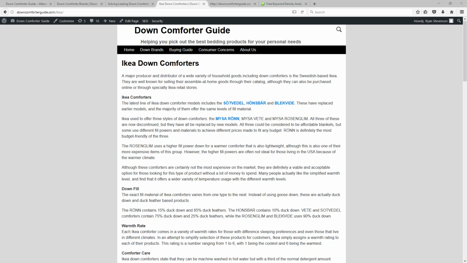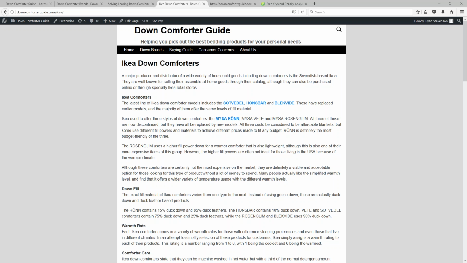Now, to use this particular description that you're writing, the meta description does not actually go in the normal page content. It's something that you actually need a separate plugin to help you accomplish, but most people already use one of these plugins.